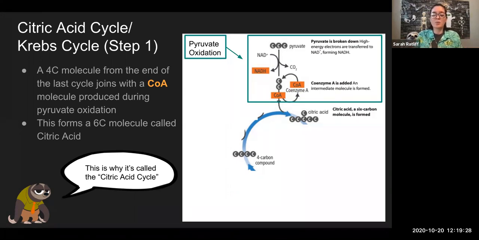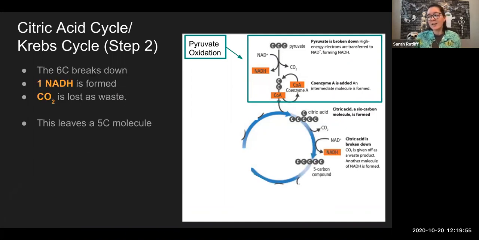In the Calvin cycle, we would be doing 5 C molecules of RuBP, but since we're in cellular respiration, things are a little bit different. So we're starting with a 4-carbon compound instead of a 5. So this 4-carbon compound joins up with our CoA, which is 2 carbons. Putting those together, we get 6 carbons. That 6-carbon molecule is called citric acid. Hey, maybe that's why it's called the citric acid cycle. The next step,